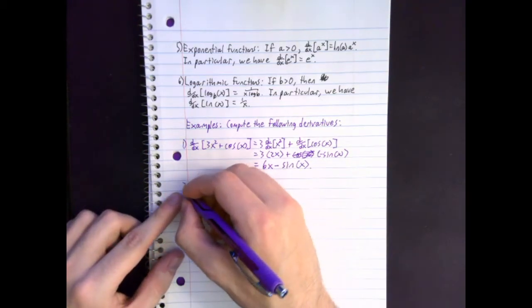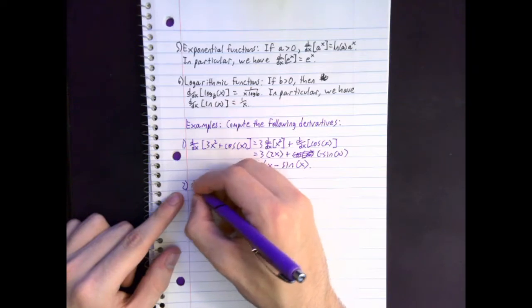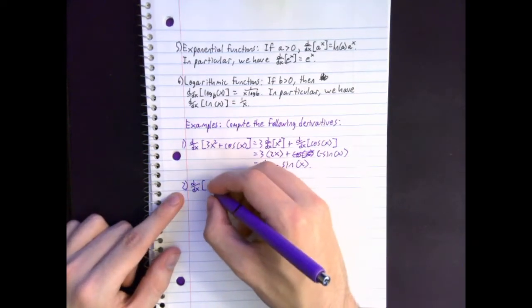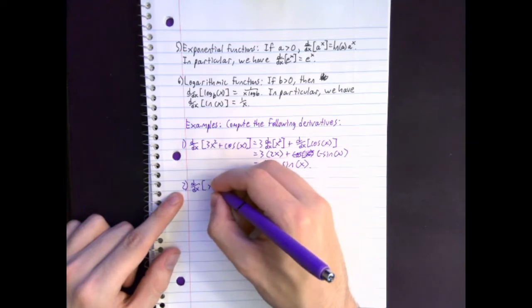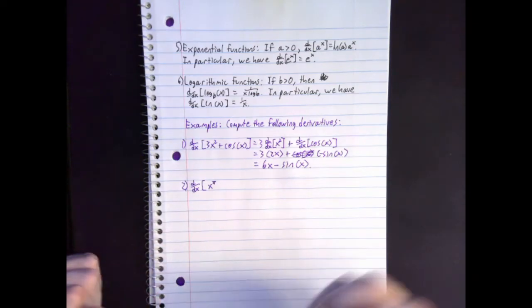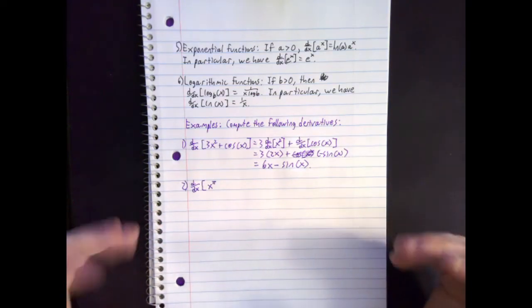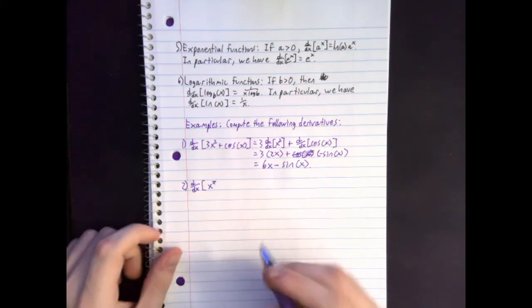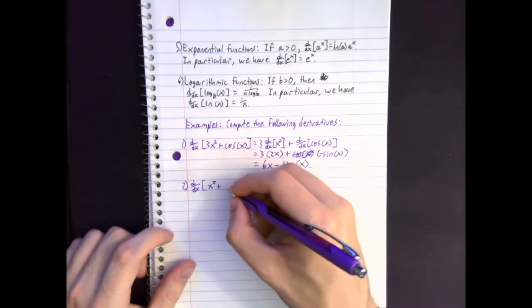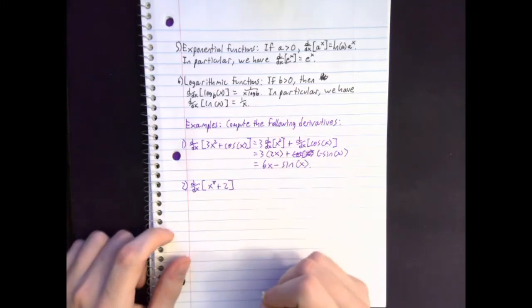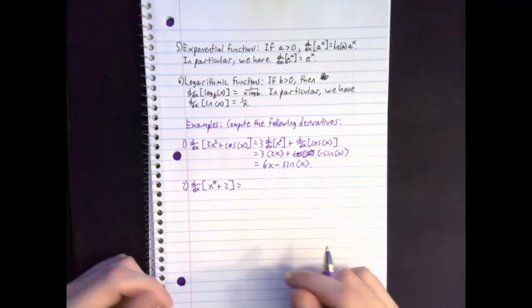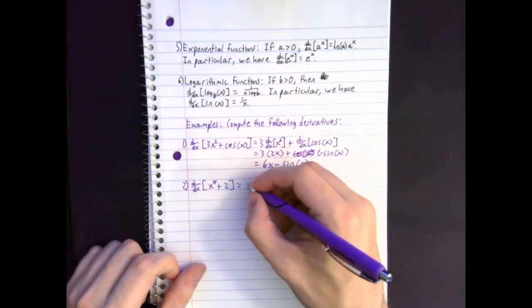Let's do another one. So let's compute the derivative of, and now what I want to do is x to the power of pi, where pi is 3.14, the ratio of the circumference of a circle to its diameter. So x to the power of pi plus 2, something like that. Okay. Well, if I want to compute this derivative, again, I use the linearity, so this is going to be